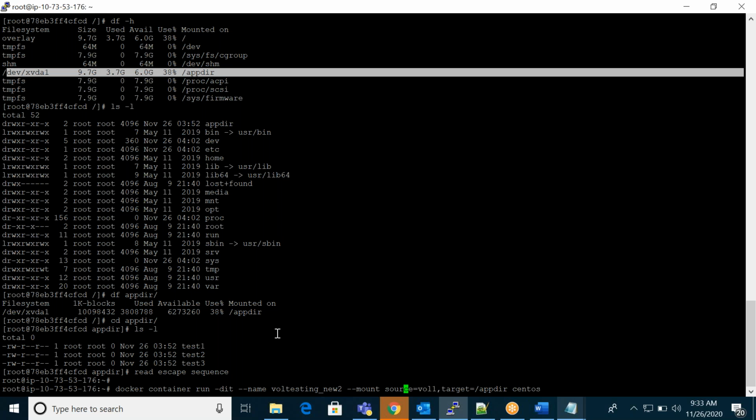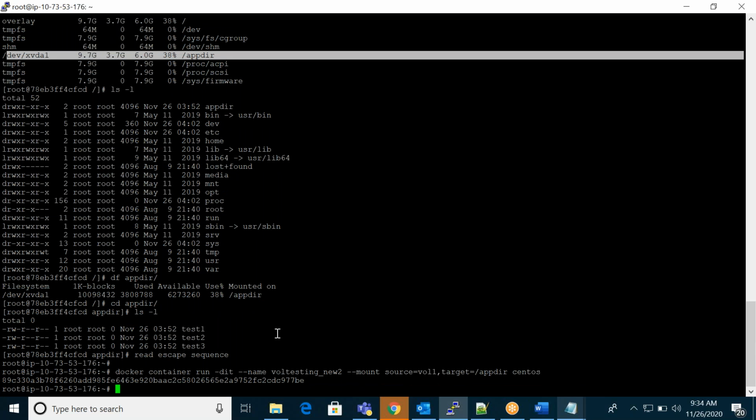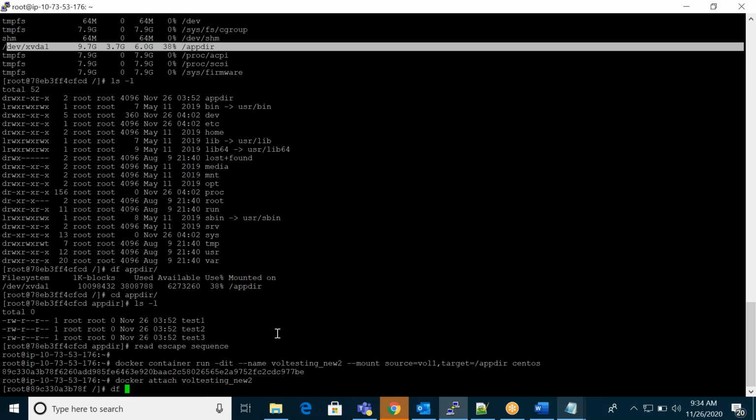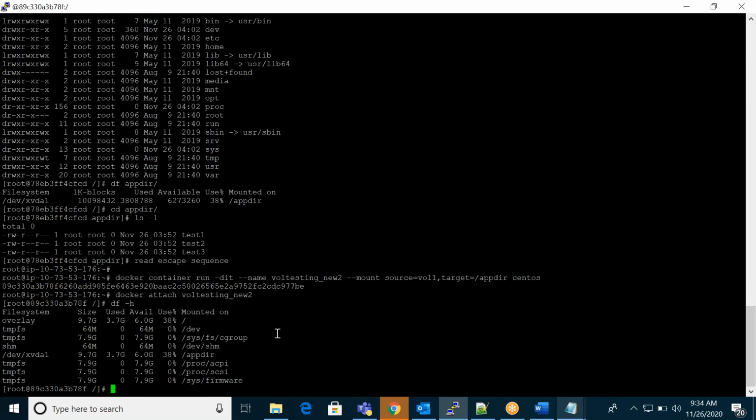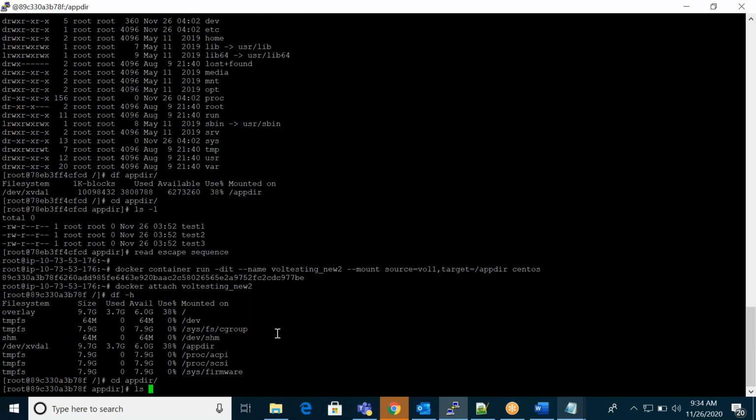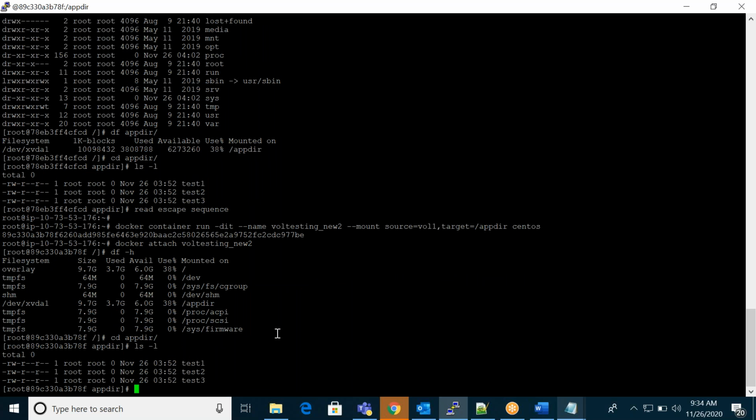If you want, you can detach; otherwise, you can attach the same volume to multiple containers at the same time. Again I'm going to create a new container with the same volume. Here also you can see cd app, ls -l, and you can see the same data.